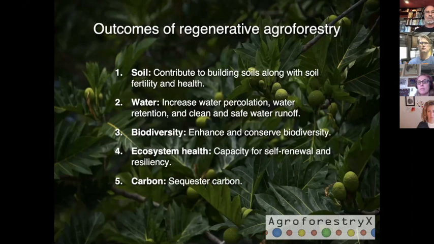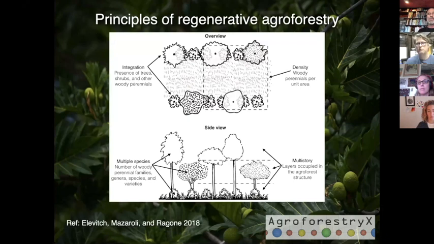So our goal is really to achieve these outcomes by designing our agroforest in such a way that we know these outcomes are going to be met. And that was the focus of the paper, which is open access. You can read it yourself if you're interested. But the general principles of regenerative agroforestry that we identified are those shown in the simple diagram. If you achieve these things to a certain standard, to a certain level, you will also get the outcomes of regenerative agriculture that you're looking for.